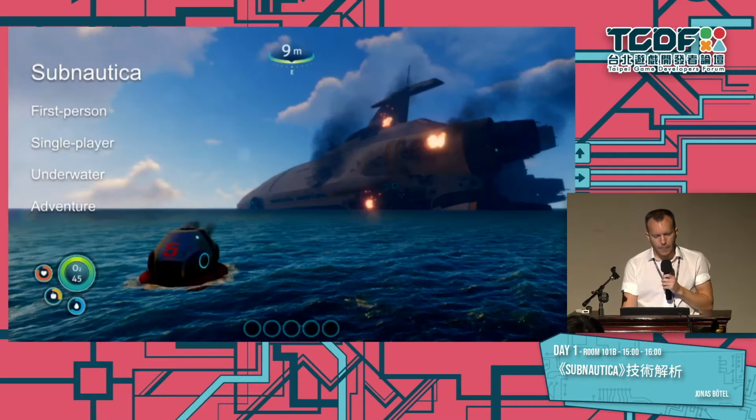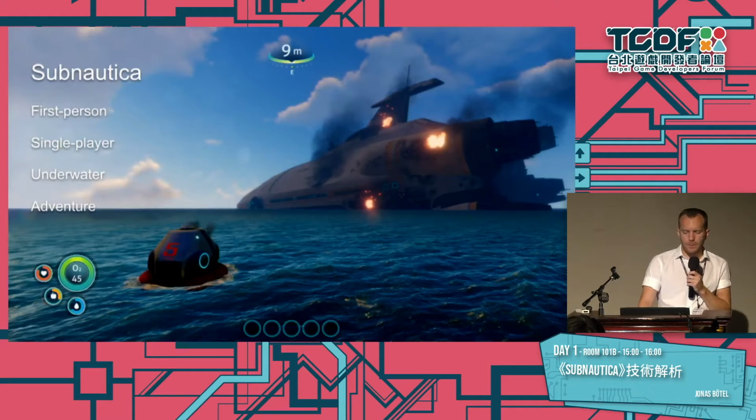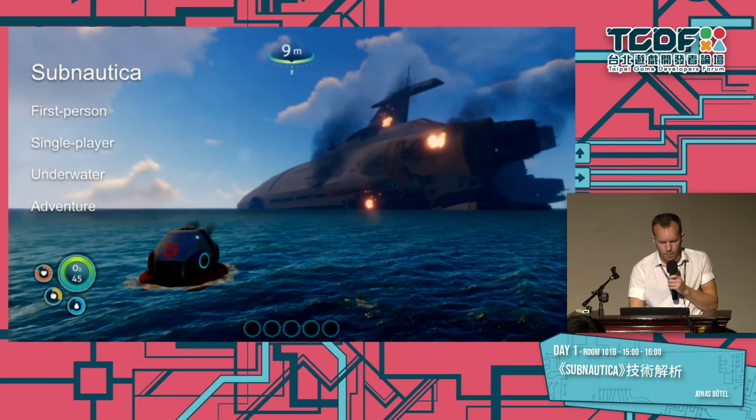Sorry for spoiling. So like I said, Subnautica is a first-person single-player underwater adventure game, but it's also an open-world exploration sandbox survival game with a story. So it's a little bit difficult to say what genre that falls in. We call it an adventure. So